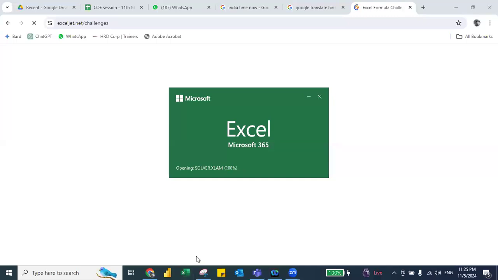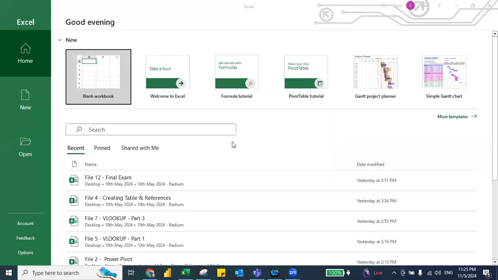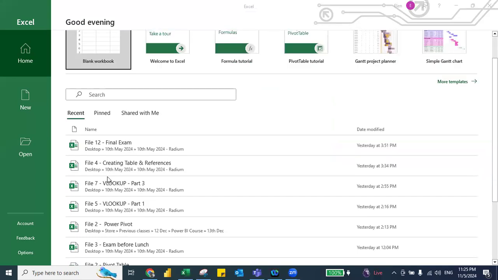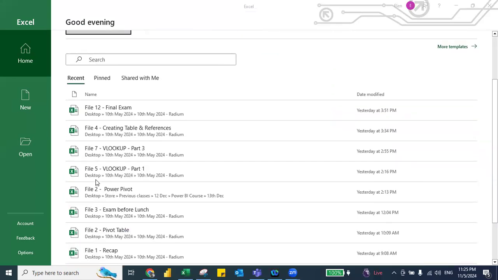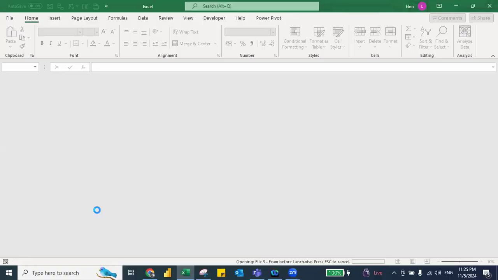This is an Excel quiz. Okay, wait, just let me show. Yeah, yeah, you can share to the group. No worries. What's the name? Aishwarya. Okay, wait, exam before lunch. Okay. So the thing is,